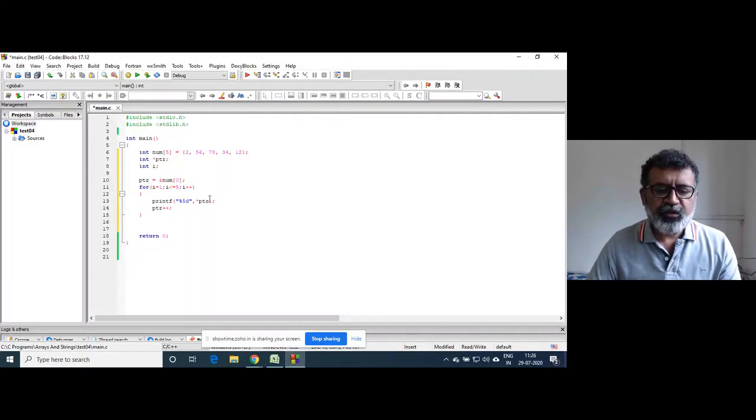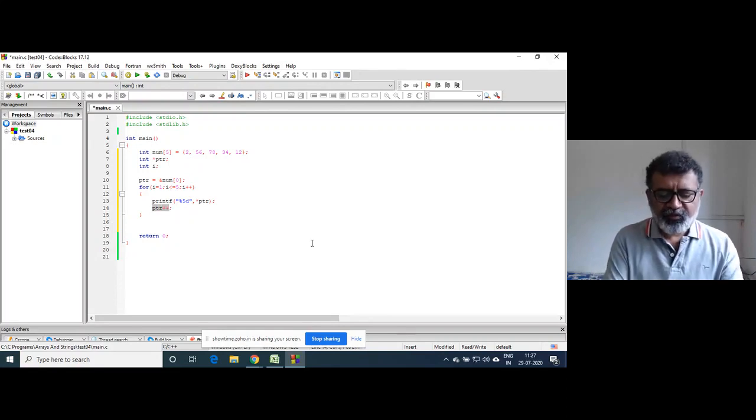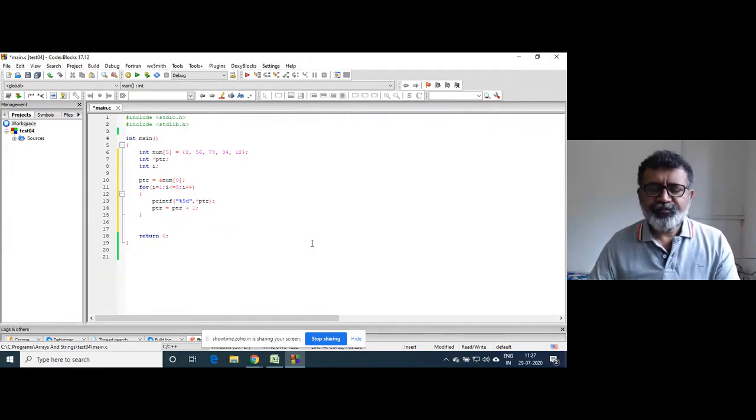Using the star operator, we access the value at each location, and we went on increasing the pointer, since the pointer can be incremented, right? The meaning of ptr++ is ptr = ptr + 1. That's why we went on incrementing that pointer.